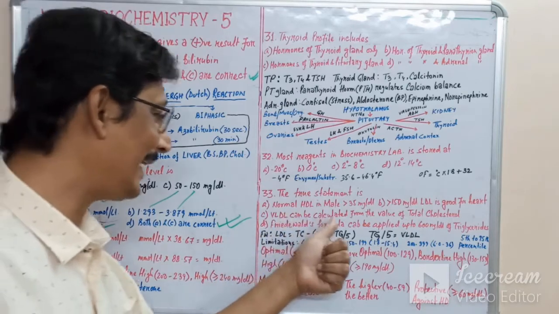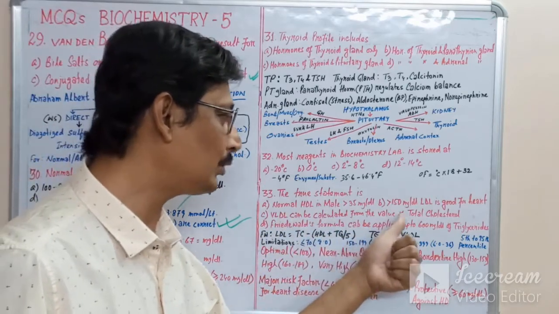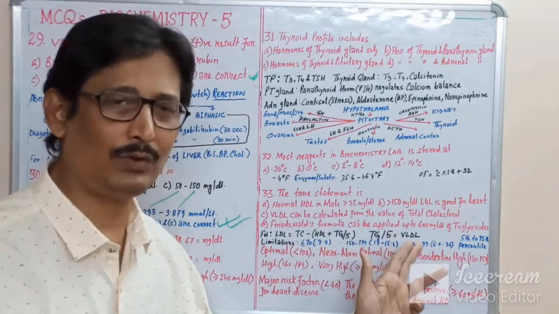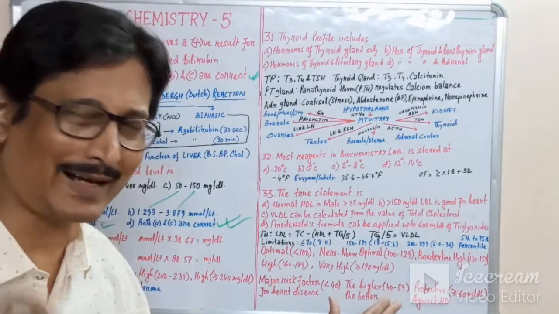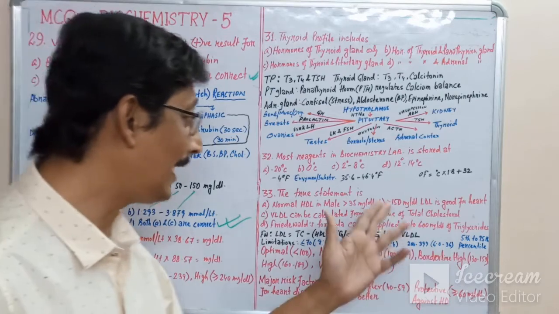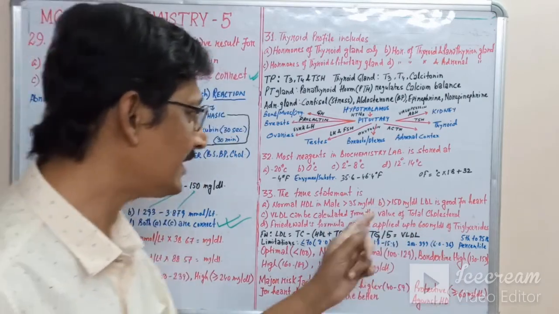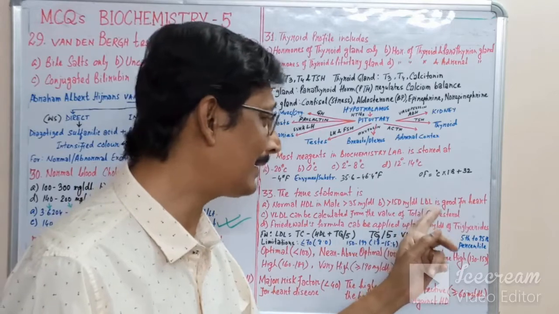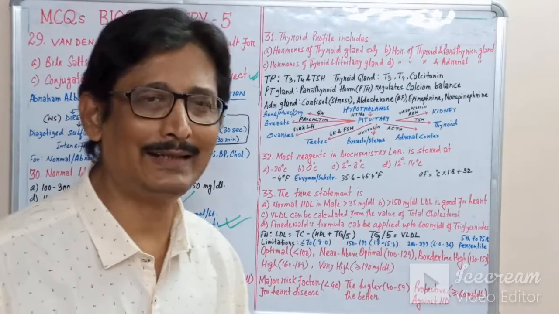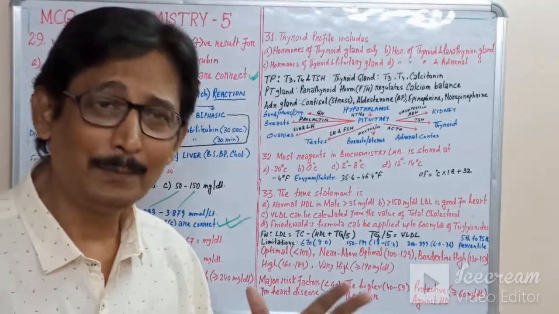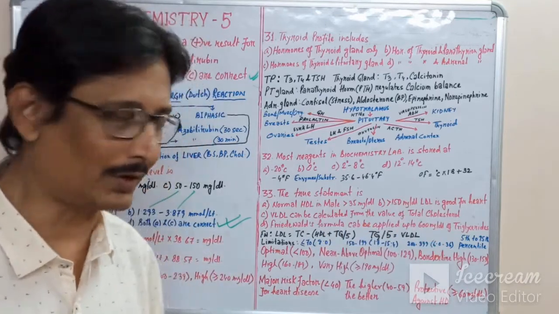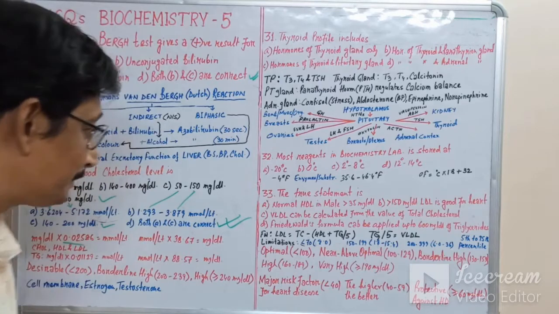Now the C option is that VLDL can be calculated from the value of cholesterol. Here we can see that the VLDL value is calculated from the value of triglycerides. So again, the C option is also incorrect. Now about the B option, more than 150 milligram per deciliter LDL is good for us. All we know is that LDL is generally termed as bad cholesterol for us, while HDL is generally called good cholesterol.